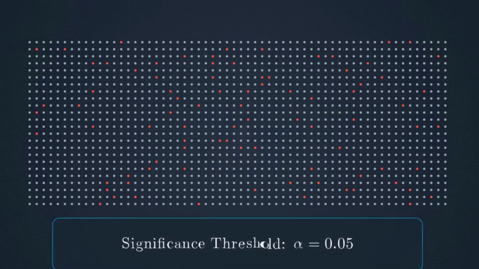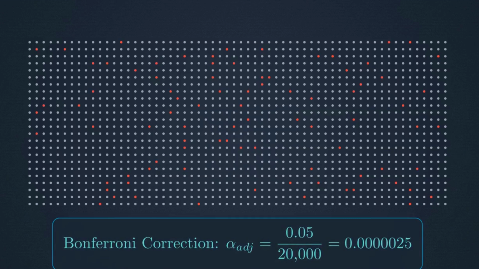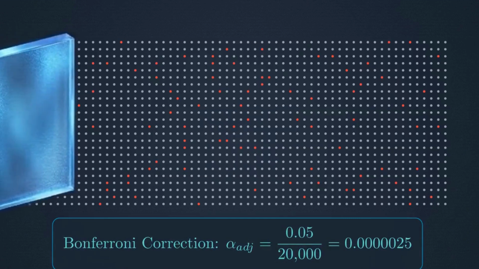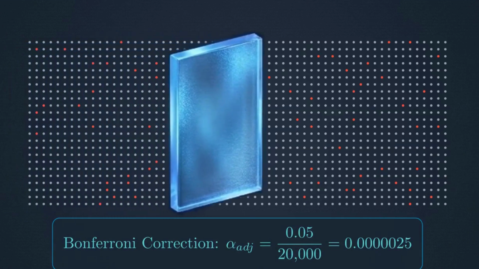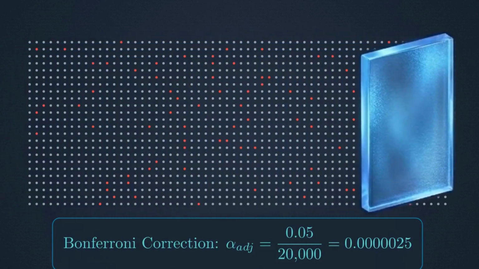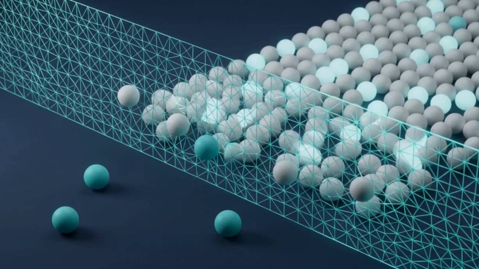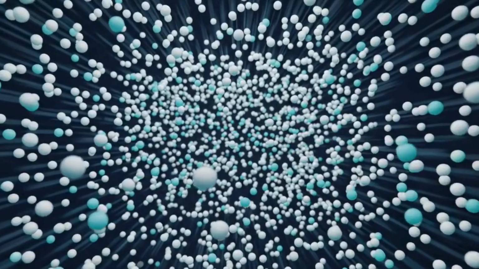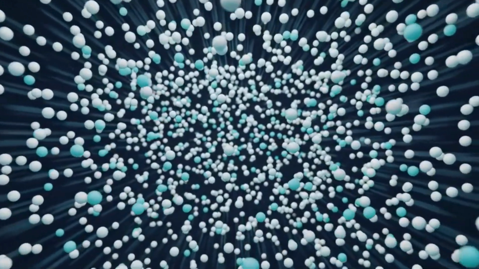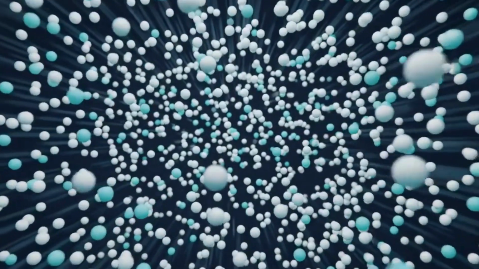To handle massive datasets, researchers use conservative corrections, like the Bonferroni method, which divides that 0.05 threshold by the total number of tests. The requirement for significance becomes severely tighter, wiping out the false positives. Whether you are testing a single cell or sequencing an entire genome, hypothesis testing is an evolving mathematical filter. It enforces a standard of evidence, ensuring that out of millions of fluctuating data points, we only act on the